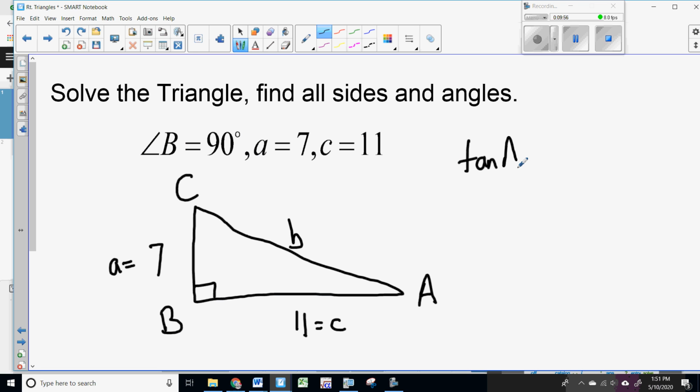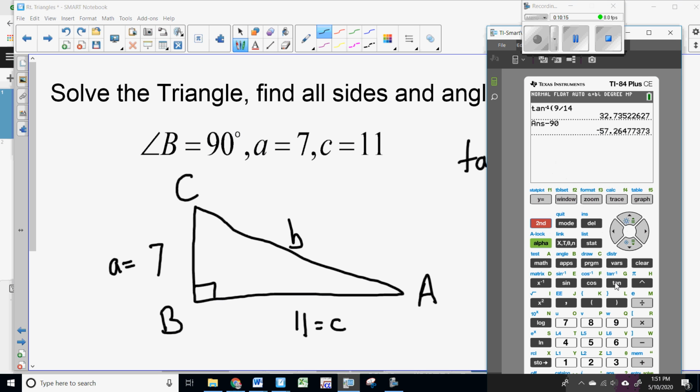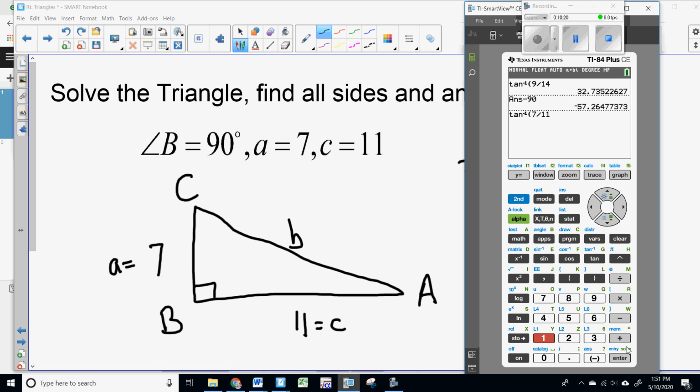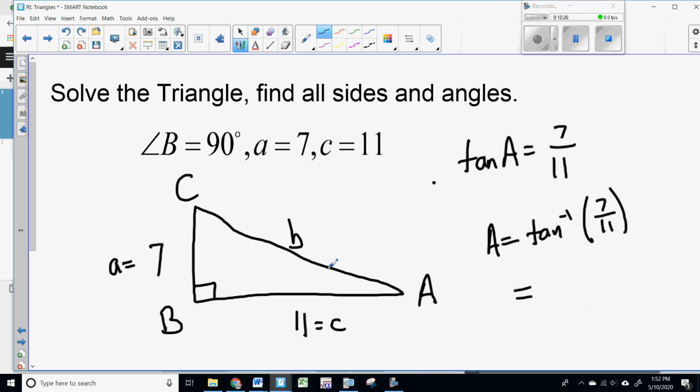So I am going to do tangent of A is 7 over 11, opposite over adjacent. So now we do inverse tangent of 7 over 11. We put that into our calculator. Inverse tangent of 7 divided by 11. And we get 32.471. Once you find that, you can subtract from 90 to find this angle, and then you can do Pythagorean